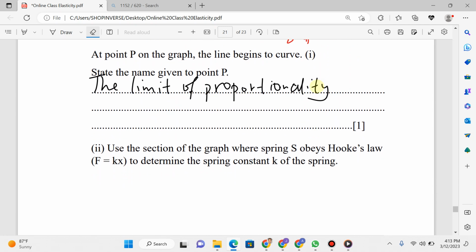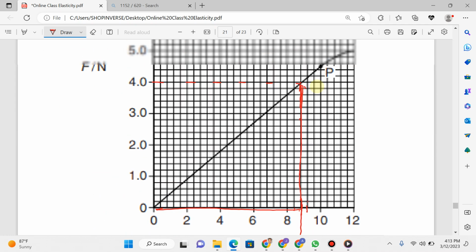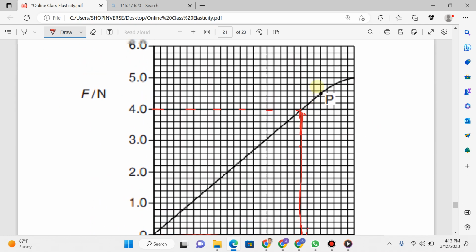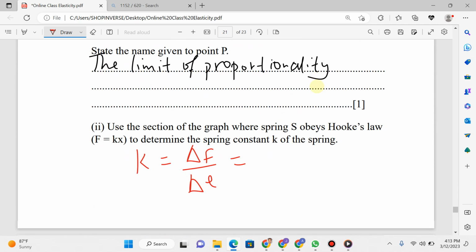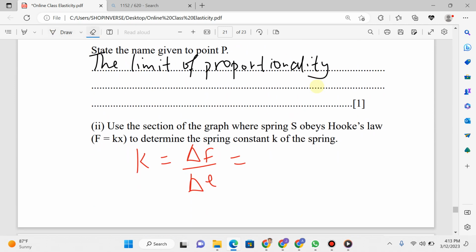So, our spring constant k is what? Change in force divided by change in extension. Our change in force will be what? The values on the y-axis, which is 4.0 minus 0. That's our change in force. We represent extension with x on the graph, so let me just put x here. Our change in force will be 4.0 minus 0, and our change in x will be